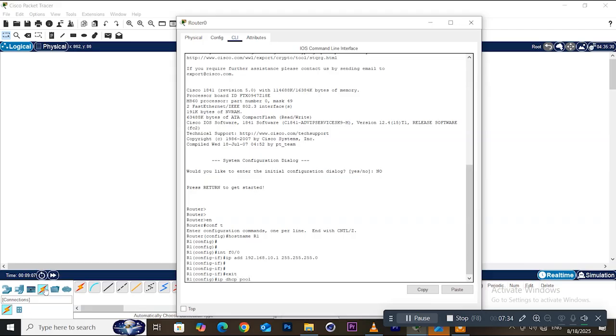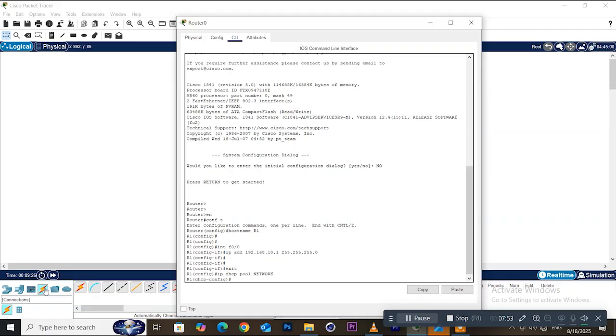Then we give it a name. Let's just say network. Let's give the IP network, and we press enter. So after we've given the IP DHCP pool, the next thing we have to do is to define the network. So we say network 192.168.10.0